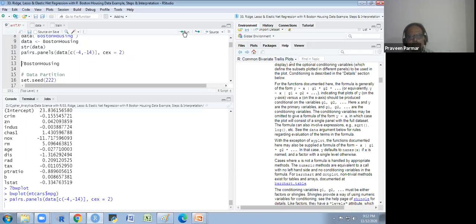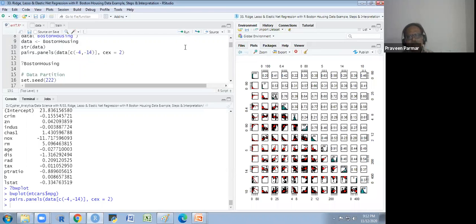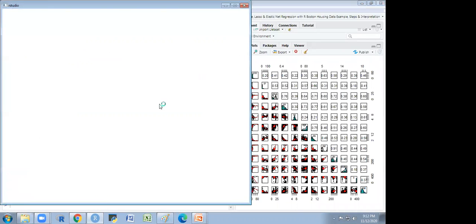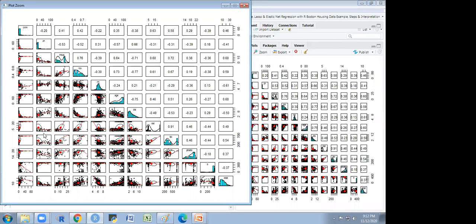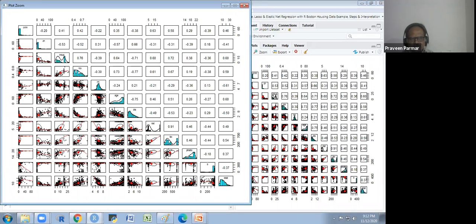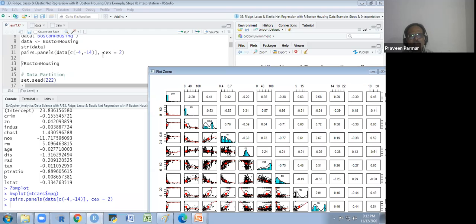Here, pairs panels. Are you getting it? Yes, sir. Here we are getting the scatter plot, and for the same variable we are getting the histogram. In the diagonal, you will get the histogram of each variable. And if you want to change the size of the font, there is that CEX of 2.